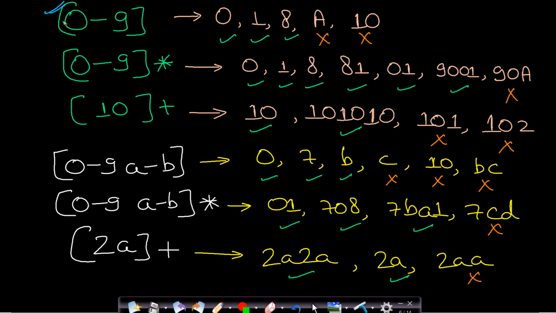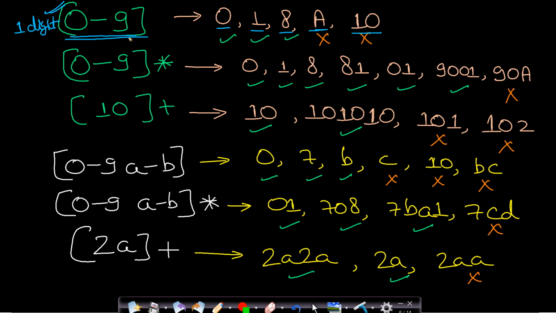So this is very similar to the example I have shown you. This is indicating only one digit. Okay. And the one digit can be in the range of 0 to 9. So 0, 1, 8 is valid, but this A is not valid. This is not a digit at all. And this 10 is also not valid because this has 2 digits. Each of the digits is in range, but it has 2 digits.